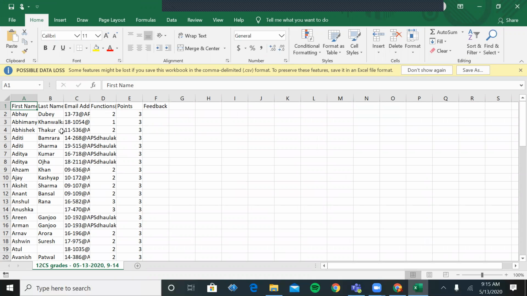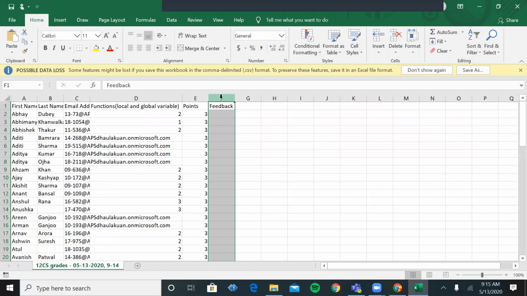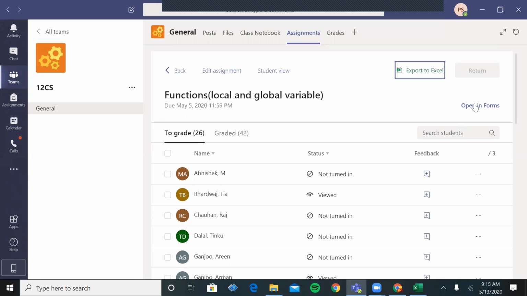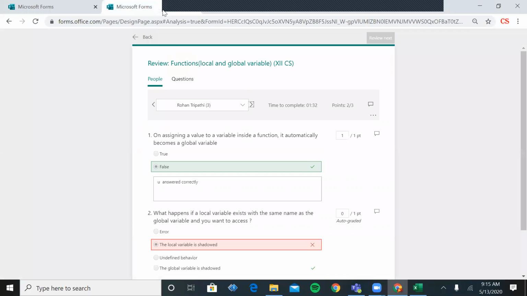These are the names of the students, email ID, functions, global and variable. These are the points on which I have given feedback to the students also, because I made it that way. If we want to see the result, open each one in Forms, and then you can see the questions.